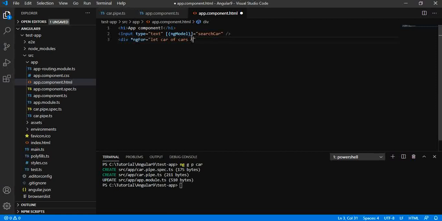In the template we are applying the pipe, that is carPipe, and we are giving the input searchCar, that is our ngModel over here.